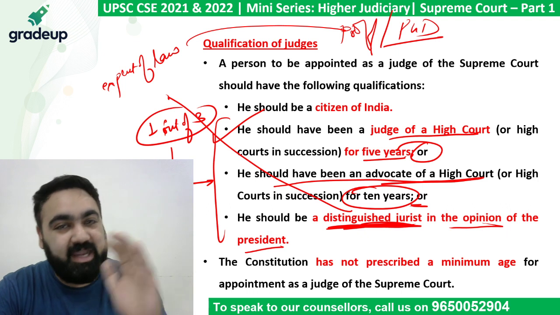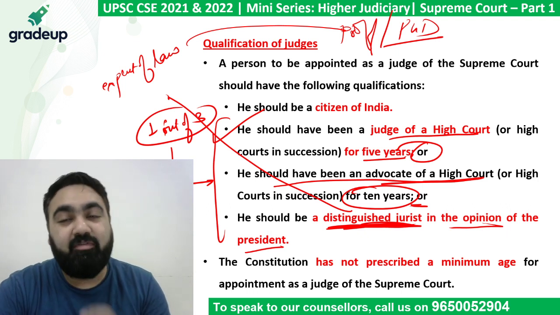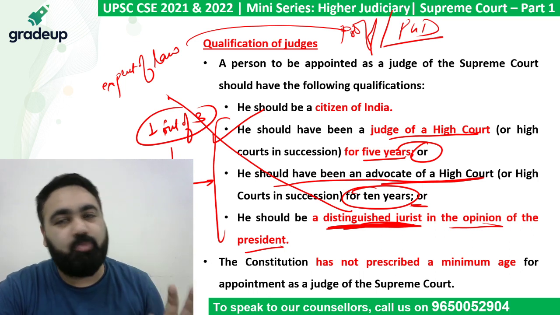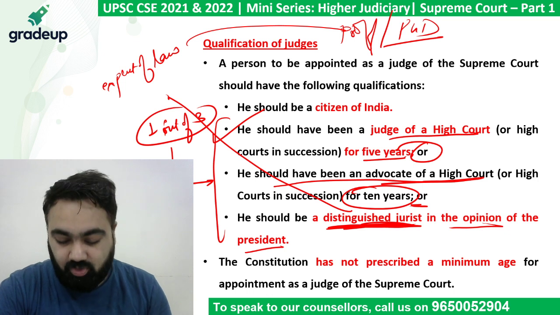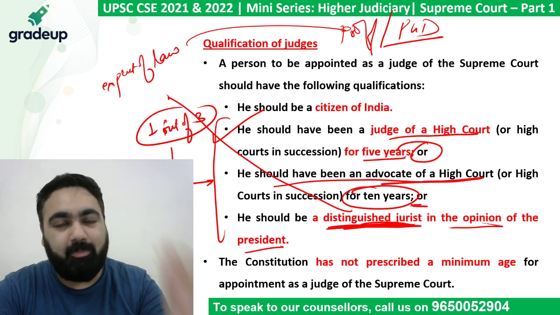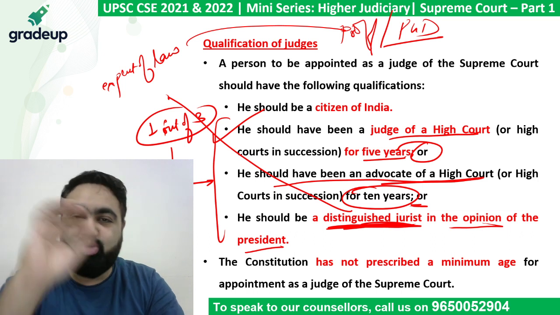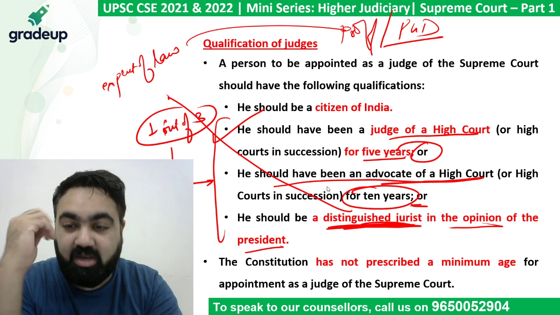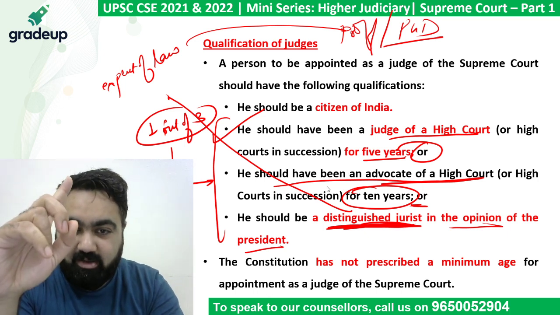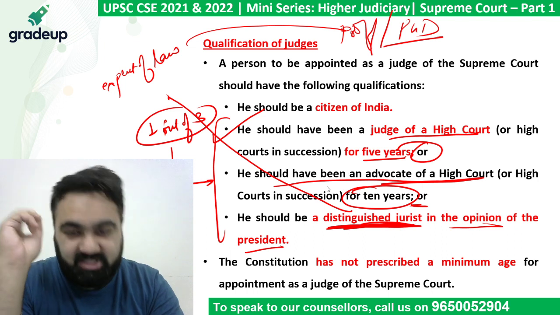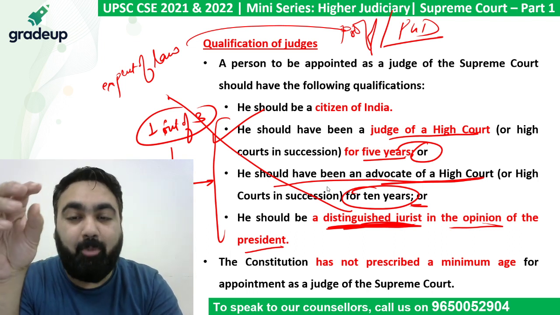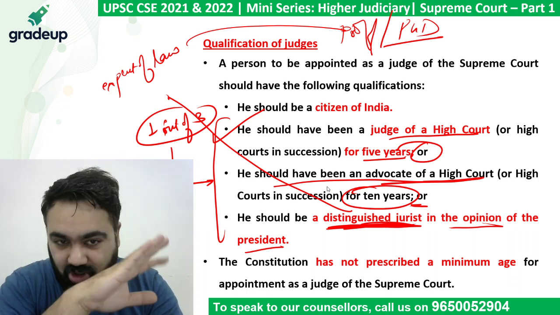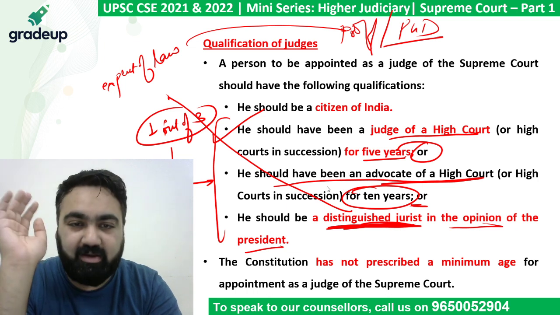Now, in the history of India, so far, from this third criteria, the jurist criteria, no one has been appointed as a Supreme Court judge. In the Supreme Court, no jurist has been appointed as a judge. Usually, in usual circumstances, when judges are appointed to the court, they are appointed from the first criteria only. The first criteria, that is, they should be High Court judges for 5 years. Even appointing a High Court advocate as a Supreme Court judge is a very rare occurrence. It also does not happen. It happens very, very, very rarely.